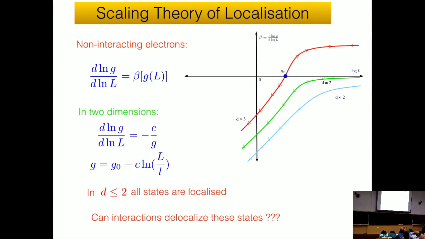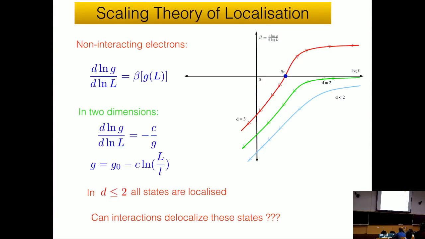So what this curve tells you is, no matter what happens, if you're in small enough dimensions, that is in 1 and 2 dimensions, you will always flow to an insulating phase. Okay, so the point is that no matter what you do, you can never have a metal insulator transition because all states are localized. Now in 3 dimensions, of course,